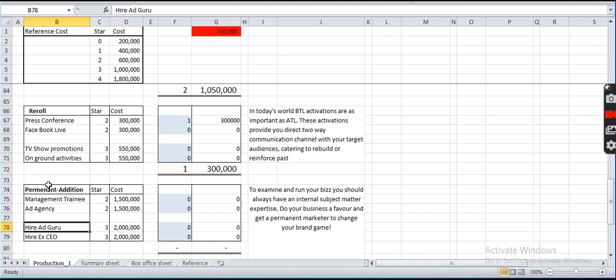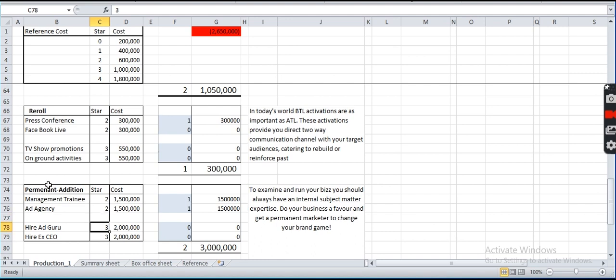You can hire an ad guru, etc. However, you can add only one of each category. For example, I can hire say 1 ad agency. I can hire 1 management trainee, so on and so forth. Now what this does is, if I've hired an ad agency, it will add 2 stars to any one movie every phase.